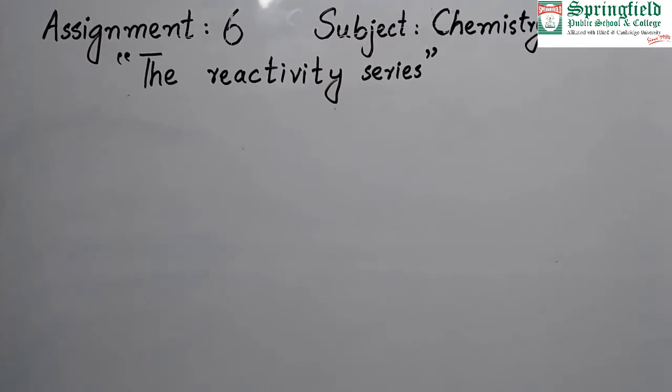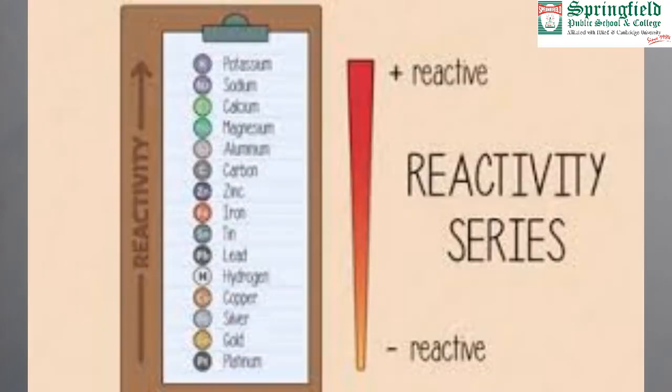What is the reactivity series? Reactivity series is a series or a table, or we can say a league table, in which metals are arranged according to their reactivity. The ones which are highly reactive are put at the top, and slowly the reactivity of the metals decreases as we move downward. As we studied in the previous lesson, potassium, sodium, calcium were highly reactive. They react violently with water and with acid as well. We should not even put them inside the acid because the reaction is this violent. So they are supposed to be on the top of the series.